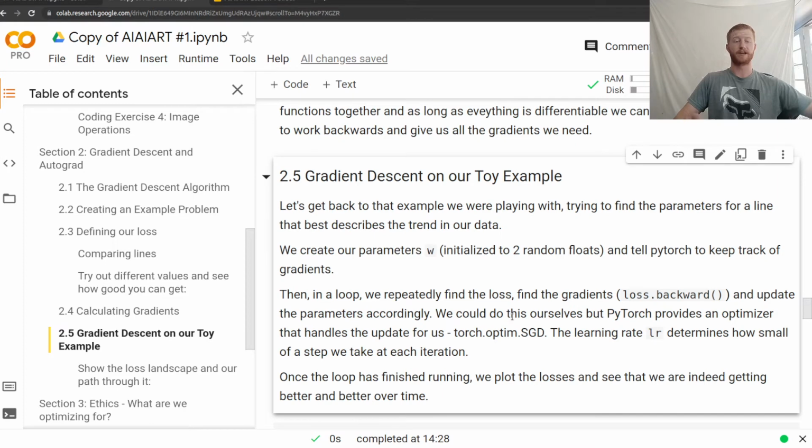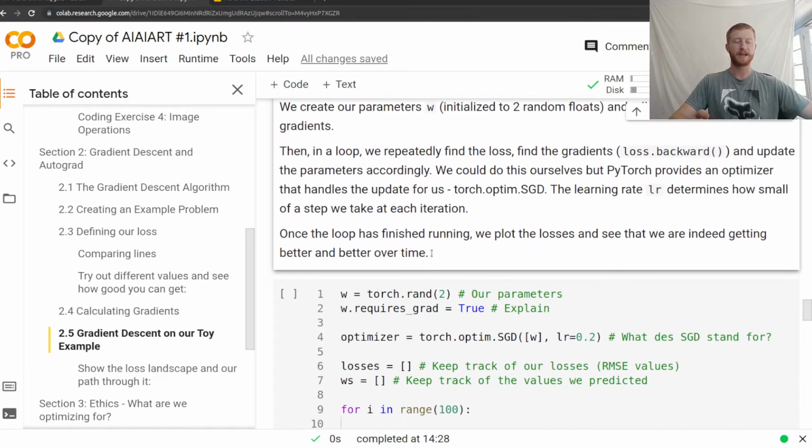So let's go back to our example then. We have our function that takes some parameters. So now we're going to use two parameters, right, a and b, and we're just going to store those in a tensor. We're going to tell PyTorch to keep track of the gradients for those parameters. And then in a loop, because this is an iterative algorithm, we're going to find the loss, we're going to find the gradients using loss.backwards, and then we're going to update our parameters based on those gradients, right? And there's a couple of nuances that we'll come back and look at,